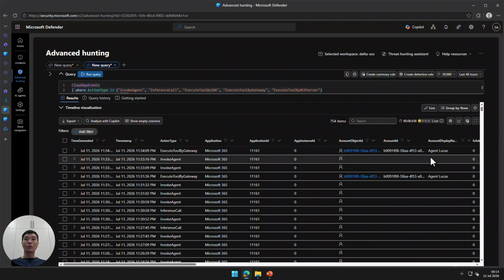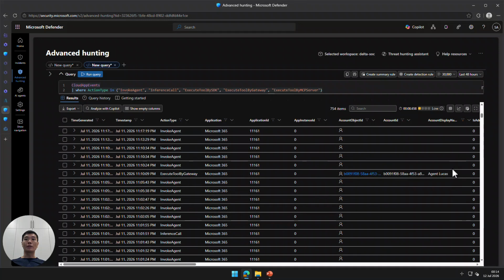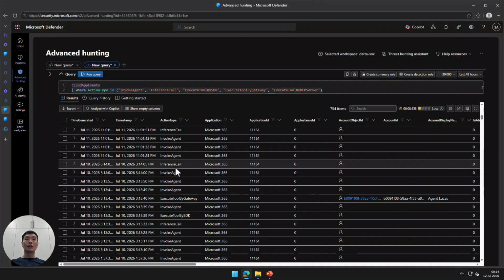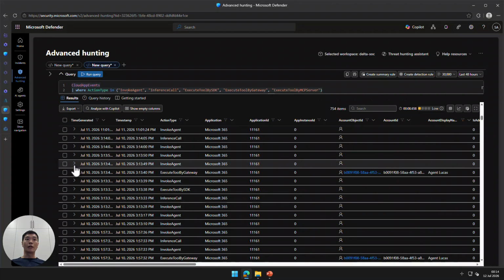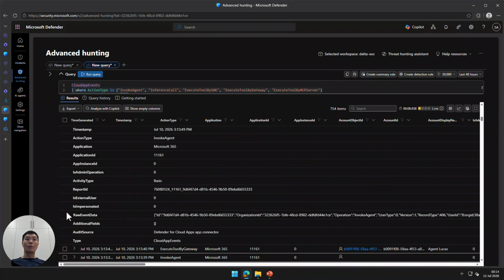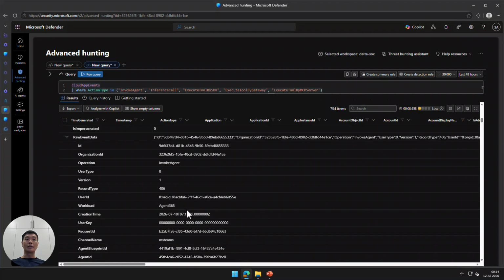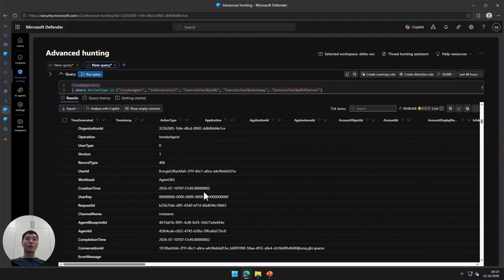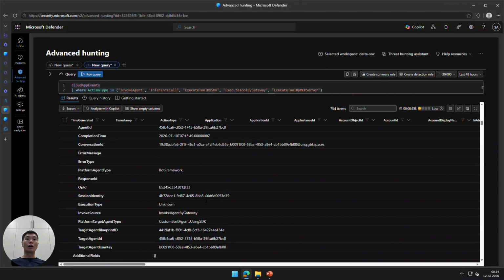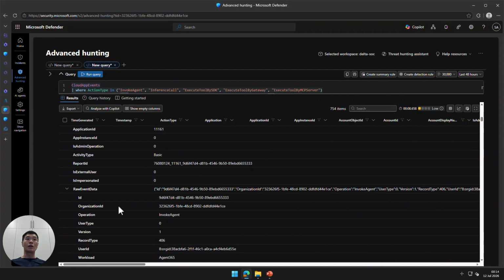So we can see the whole list of activities, including the execute tool by gateway. This is done by Agent Lucas, which we saw the email tool that was running. And of course, what we can see is that every single agent invocation, every single inference call is being recorded, and it will point towards exactly what agent ID it is. And there's really a lot of details here for you to do your KQL massage to see how you want